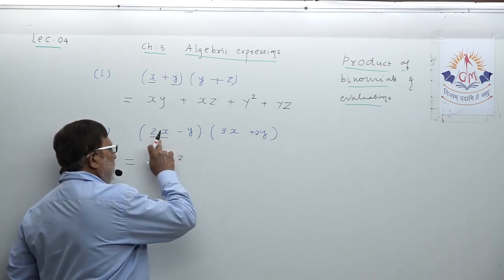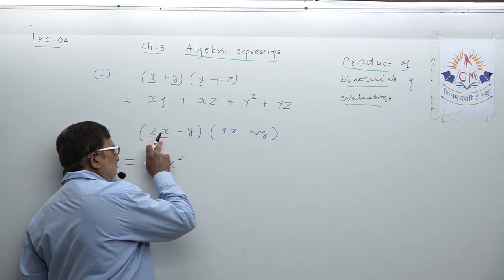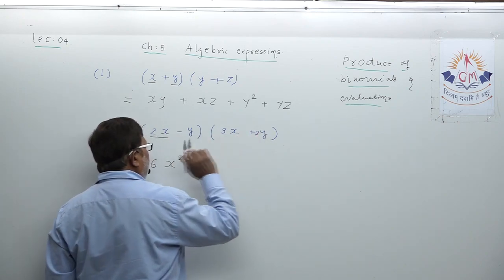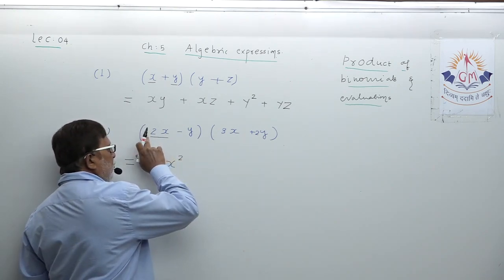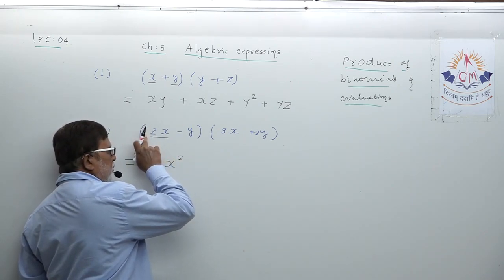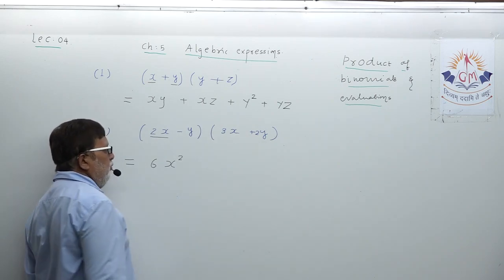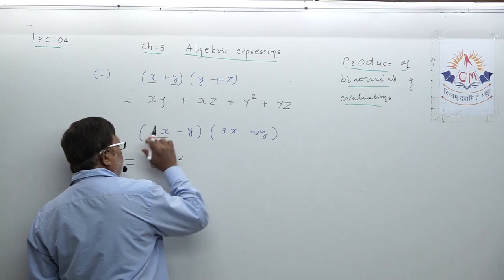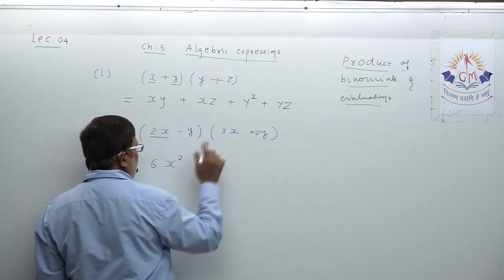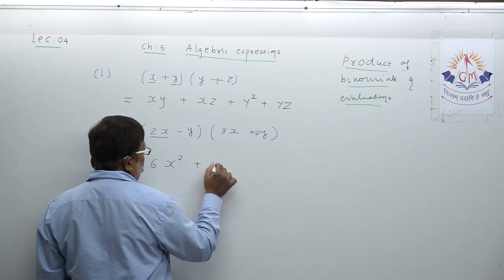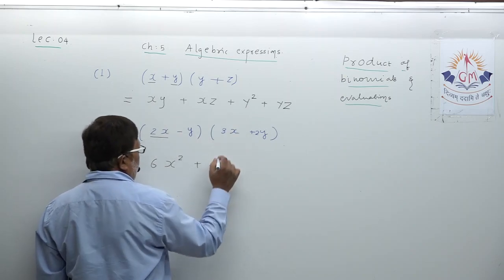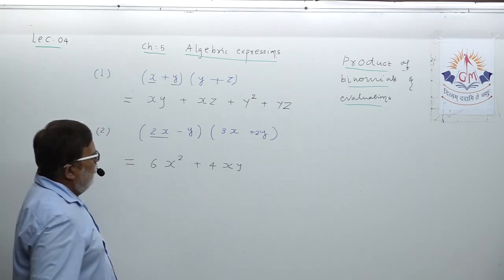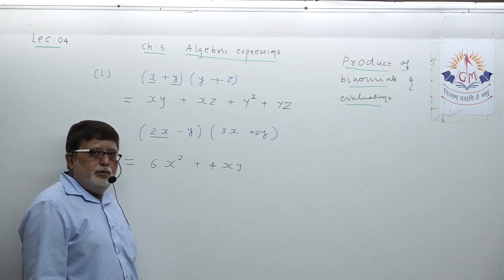Now 2x multiplied with this term 2y. Here also plus sign, no sign means plus. Here also plus sign, multiplication of the number. Please concentrate. 2 twos are 4. x into y, that means xy. Okay. First you verify this properly.